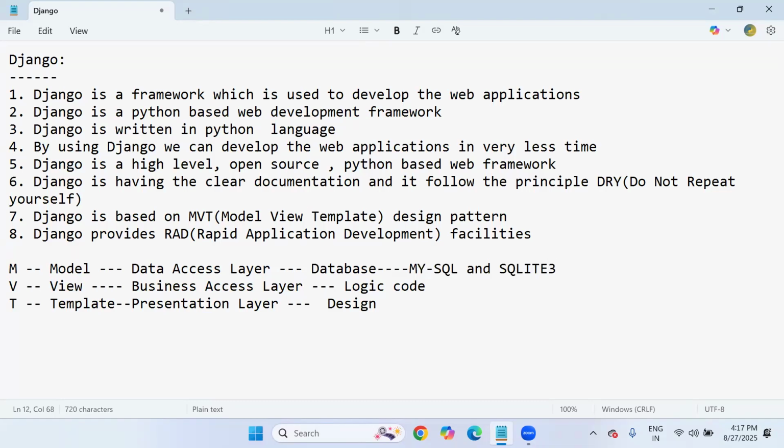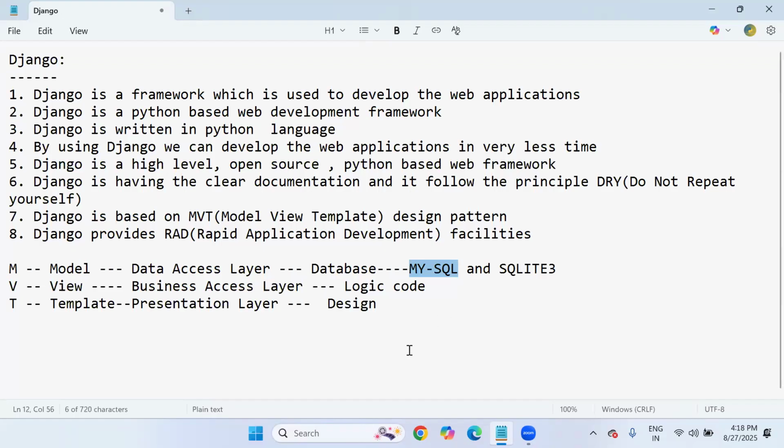For the data access layer, we are going to focus on MySQL and also SQLite 3. The Django framework has built-in integration with SQLite 3. Most operations we can finish with SQLite 3 only, but you should also be aware of specific database knowledge, so I'm going to use MySQL also. So it's a combination. In real-time, Python full stack developers mostly follow MySQL, Java full stack developers follow Oracle, and .NET full stack developers follow MS SQL, Microsoft SQL Server.